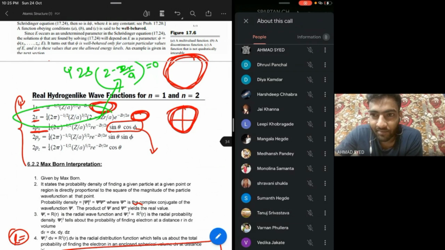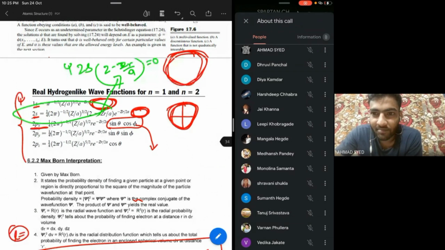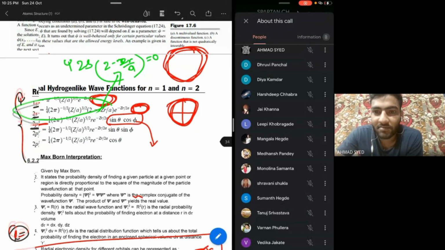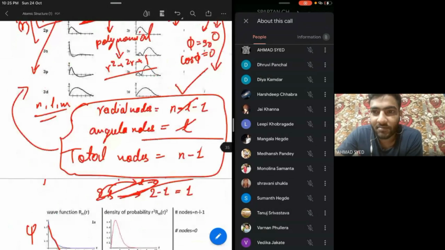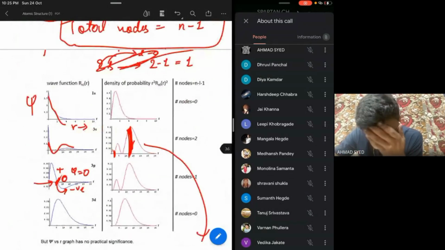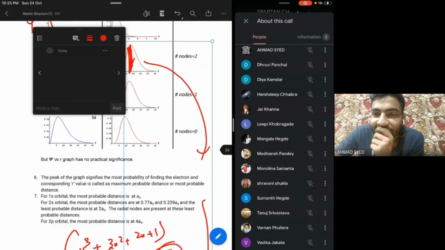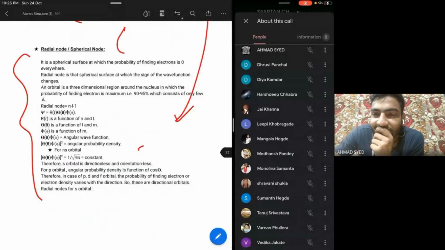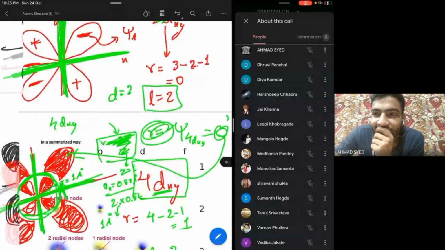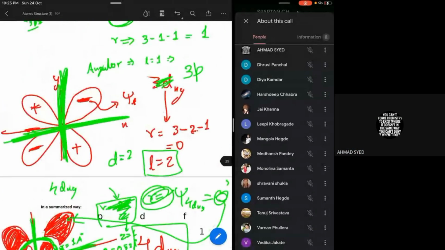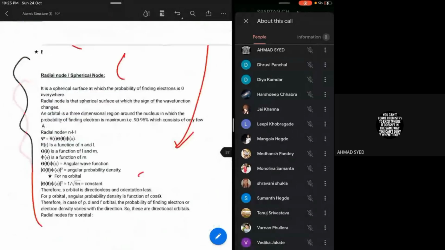What will be the theoretical 4 marks question that I mentioned, from Hamiltonian and all those things? They might ask conceptual things, but mostly questions can be from here: to calculate radial nodes, how many angular nodes and how many radial nodes there are, what is the significance, what is even the sign change. The most professional definition of a node is sign change. They can even ask what is the significance of plus minus in d orbital or p orbital when we say plus minus. So I want all of you to remember.